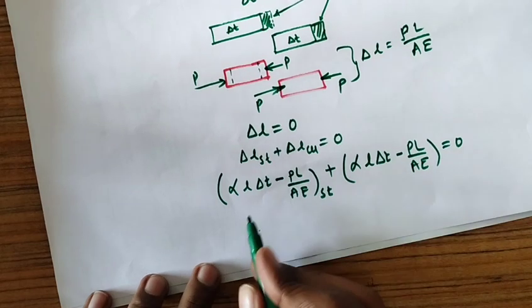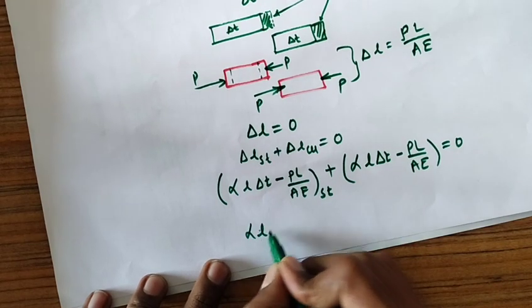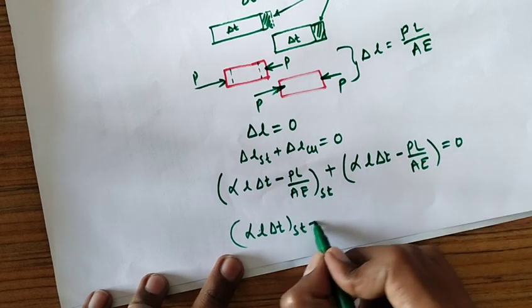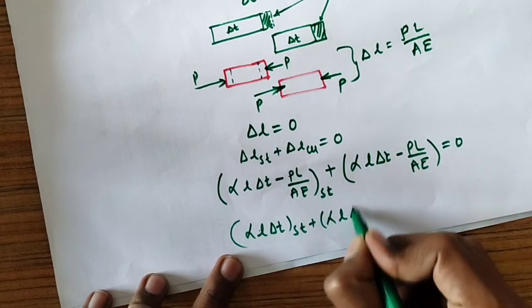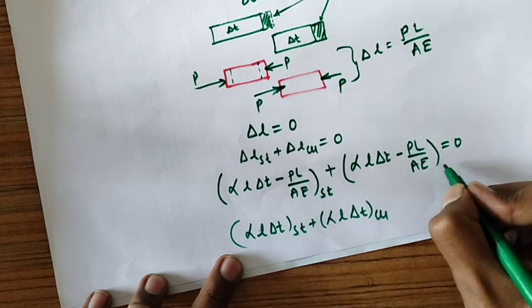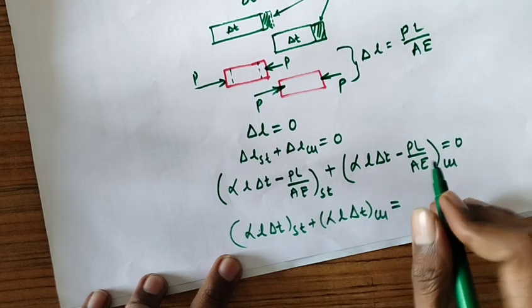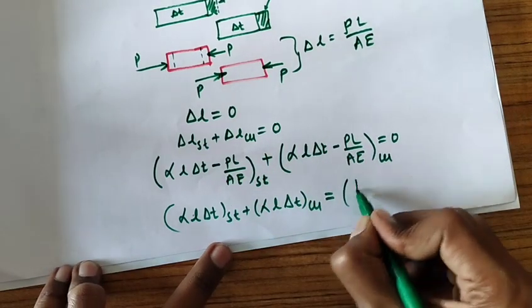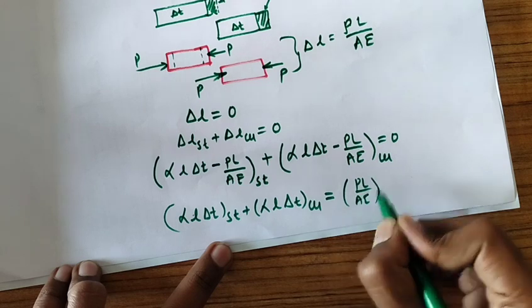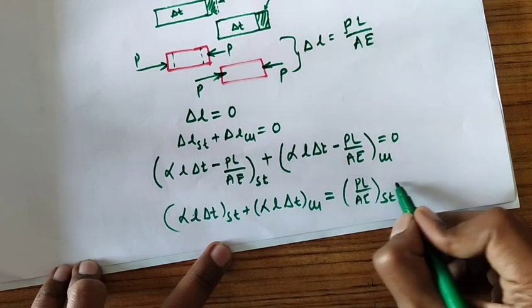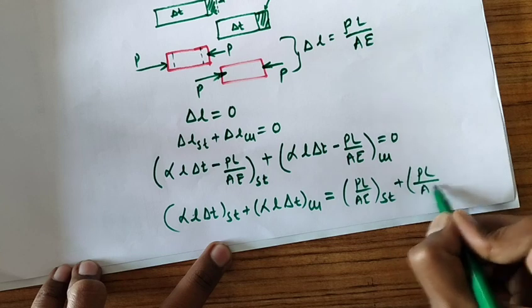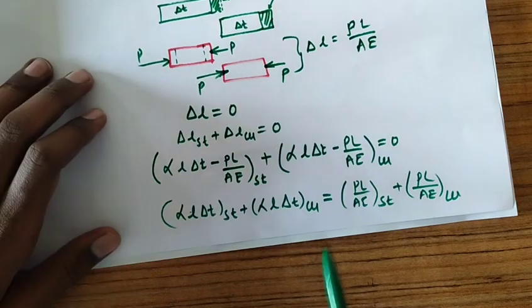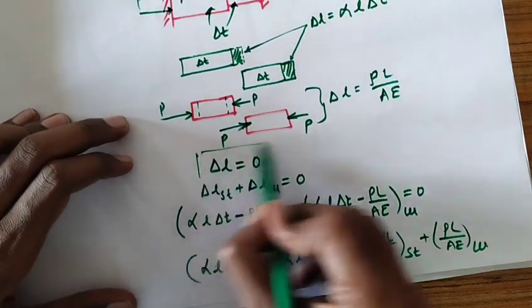A more simplified way we can write like this: alpha L delta T of steel, I will take to this side, plus alpha L delta T of copper, is equal to, if I take PL upon A to this side, you obtain PL upon A of steel plus PL upon A of copper. So this is the simple expression we obtain from the concept of total change in length is equal